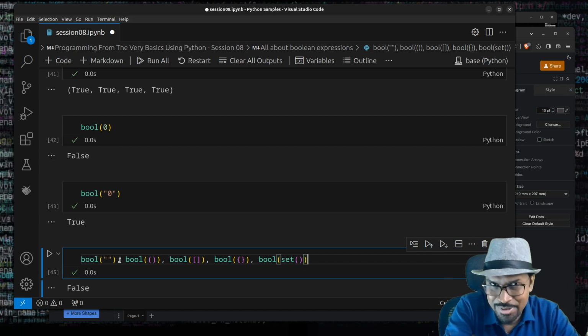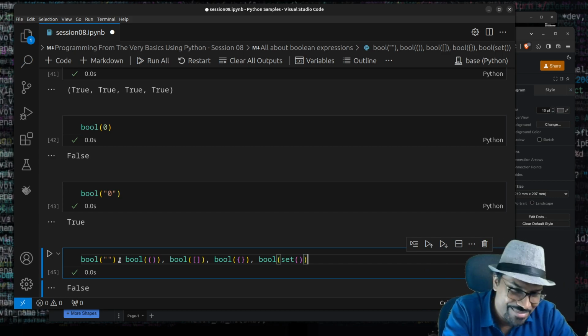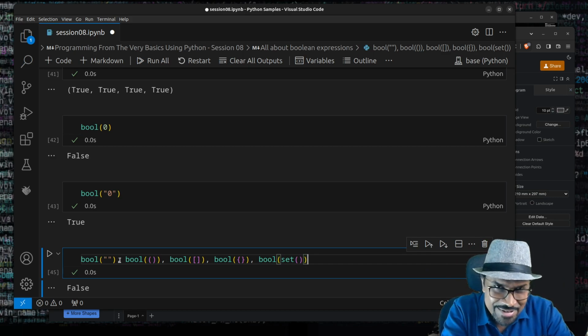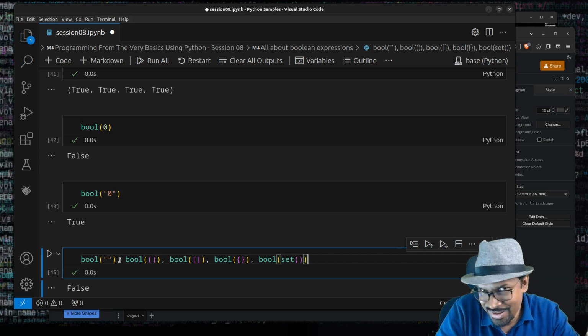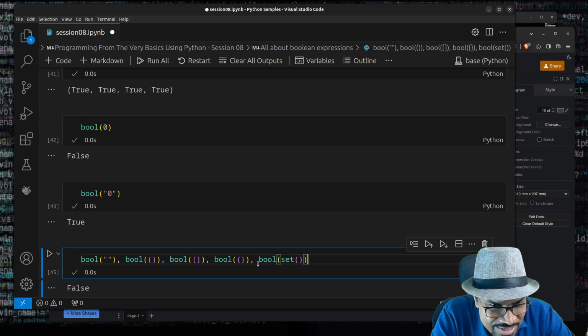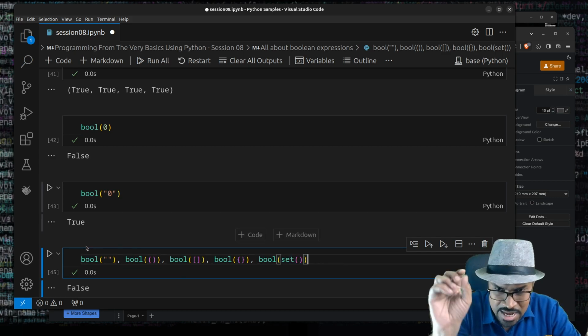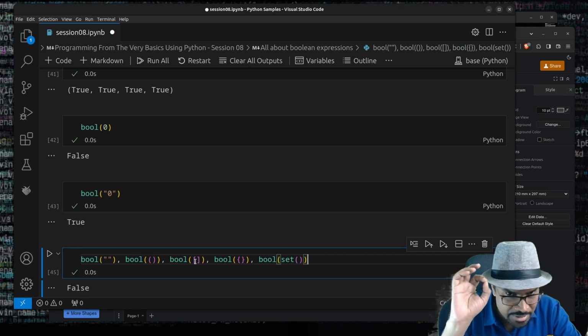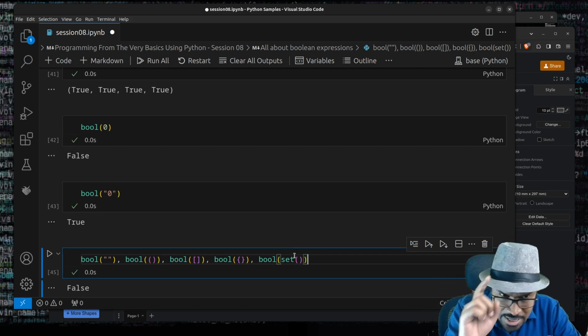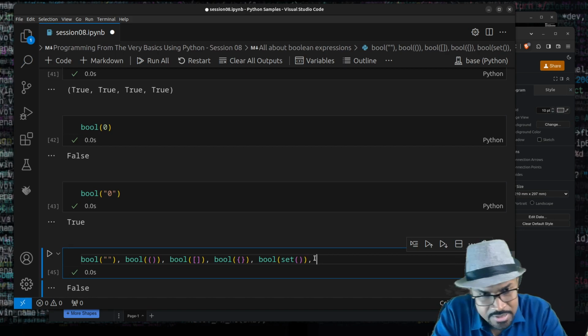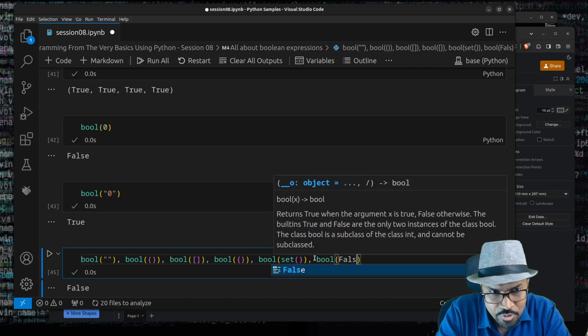But now there's a problem. Actually, there are all of these uneven edges in Python. Unfortunately, we have to live with it. So here, this is how we create an empty set, because this is an empty dictionary. But all of these: empty string, empty tuple, empty list, empty dictionary, empty set, and a value called false,